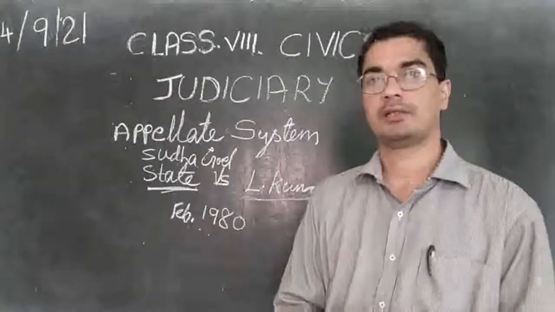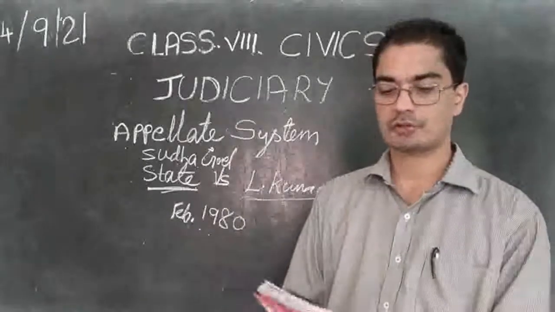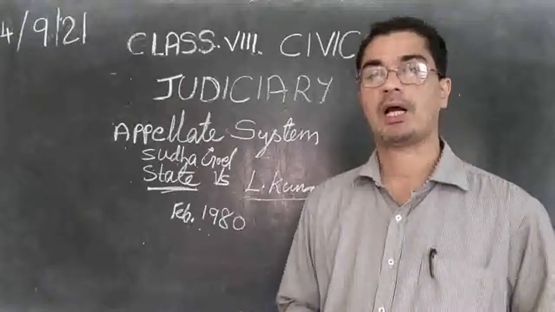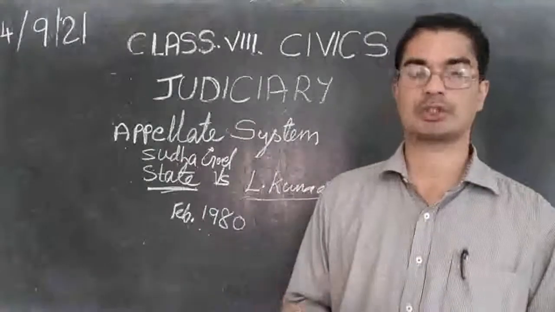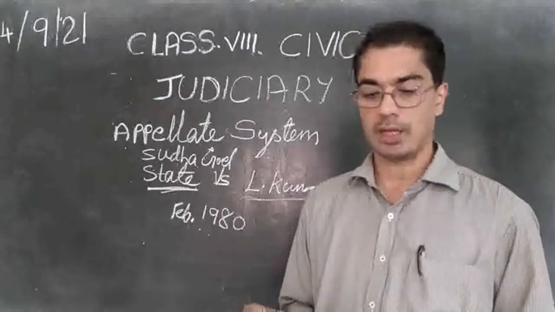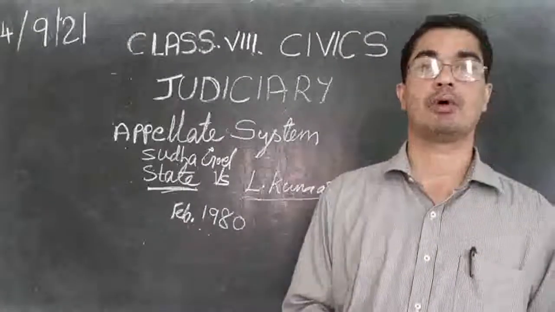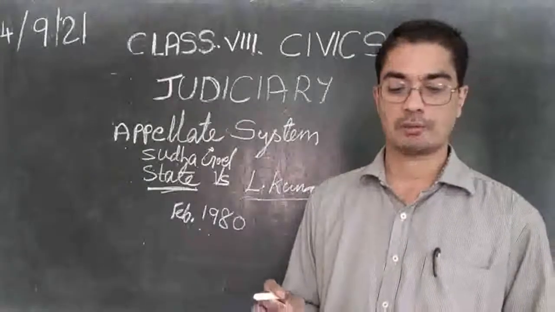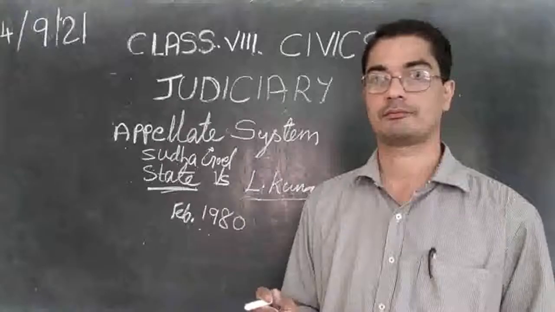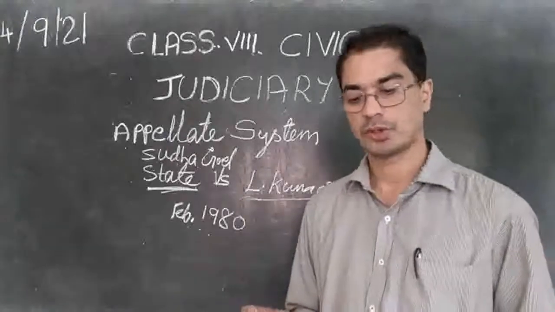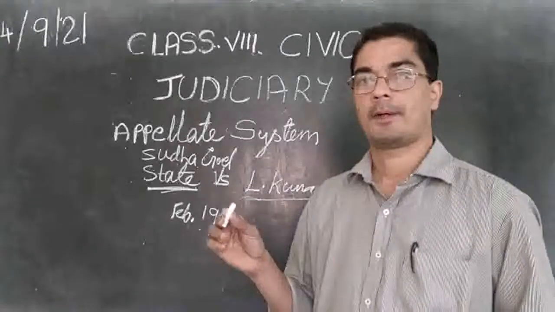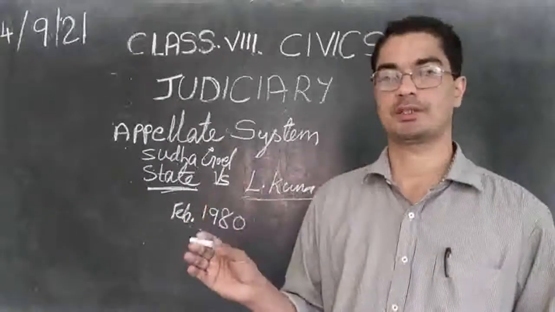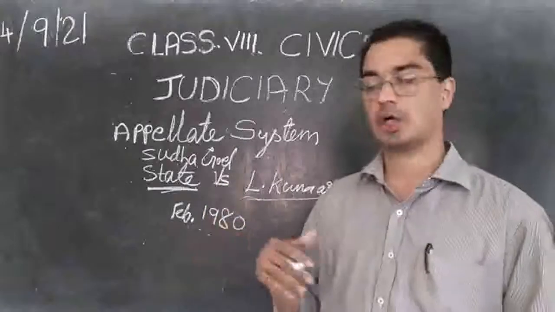And during the trial, members of Sudha's family and neighbors stated that Sudha had been subjected to torture by her in-laws, and that they were demanding more cash, a scooter, and a fridge on the birth of the first child. So the people who are nearby, the neighbors, those witnesses, and also Sudha's own parents.